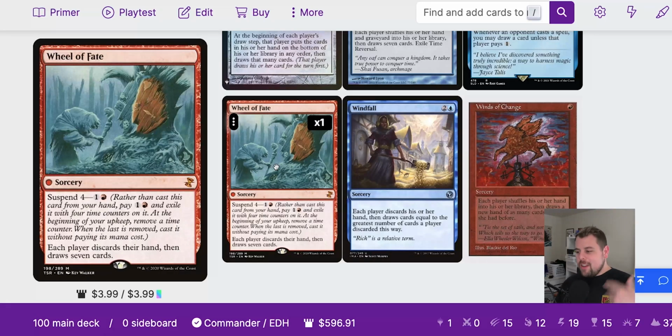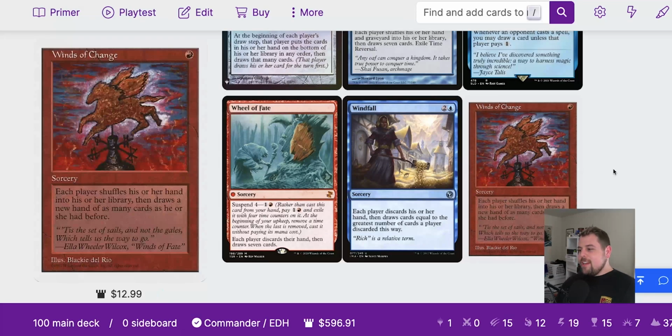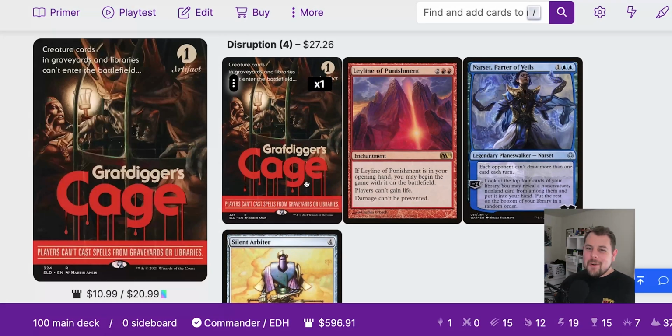Just discarding your hand, drawing either that many or 7 cards, depending on which version it is. Great for this kind of a deck. Next, we've got some Disruption that I've added to the deck to make it a little